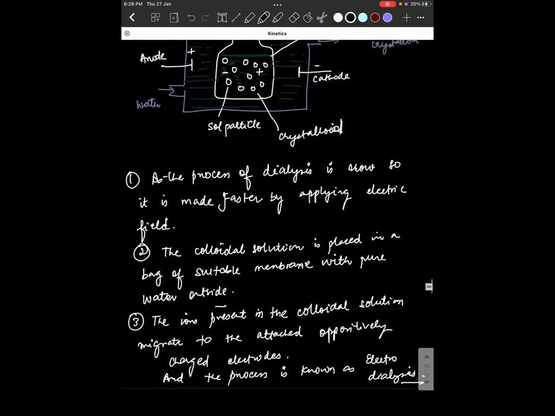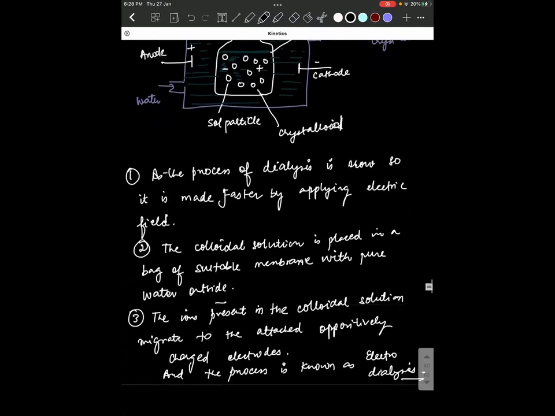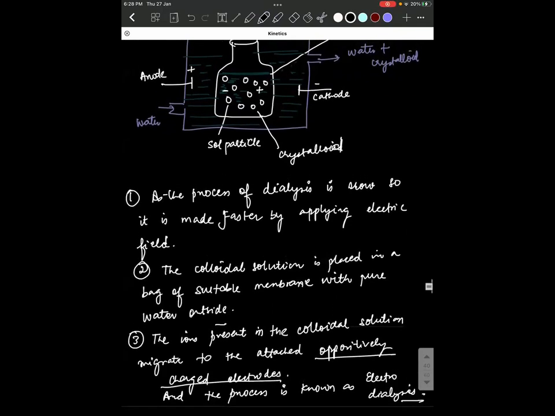Clear, Joanna? Dialysis and electrodialysis, yes, ma'am. And the third point, the ions present in the solution migrate to the attached positively charged electrodes. The ions will migrate to the charged electrodes because positive ions will migrate to the cathode and negatively charged ions will migrate towards the anode. Okay, clear. So these were two methods, and the last method used for purification of colloid